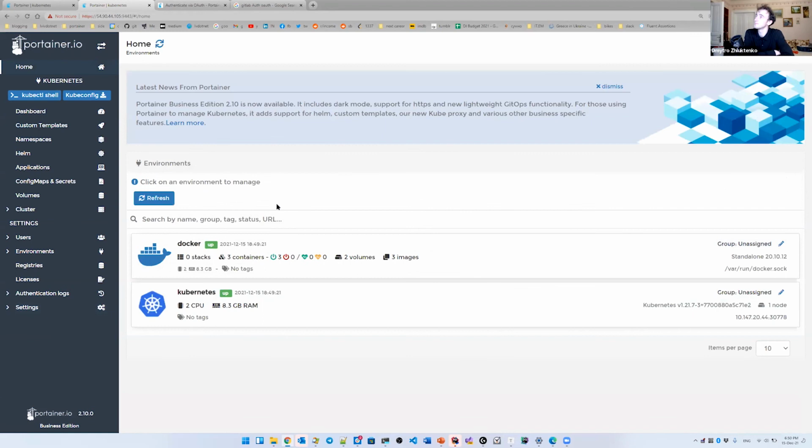RBAC, Open Authentication Integration, Teams, those are access security features. And Dimko demonstrated operations, right? Operational security features of Portainer: HTTPS, the authentication logs, the activity logs, Namespaces, and yeah, Quotas, users, Kubectl. Again, there's tons of tools in Portainer that help you secure your container and containerized environment,